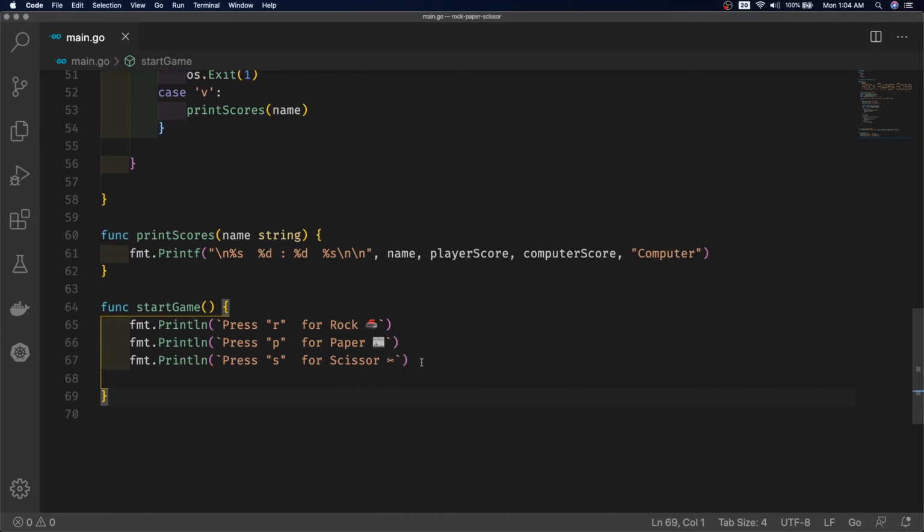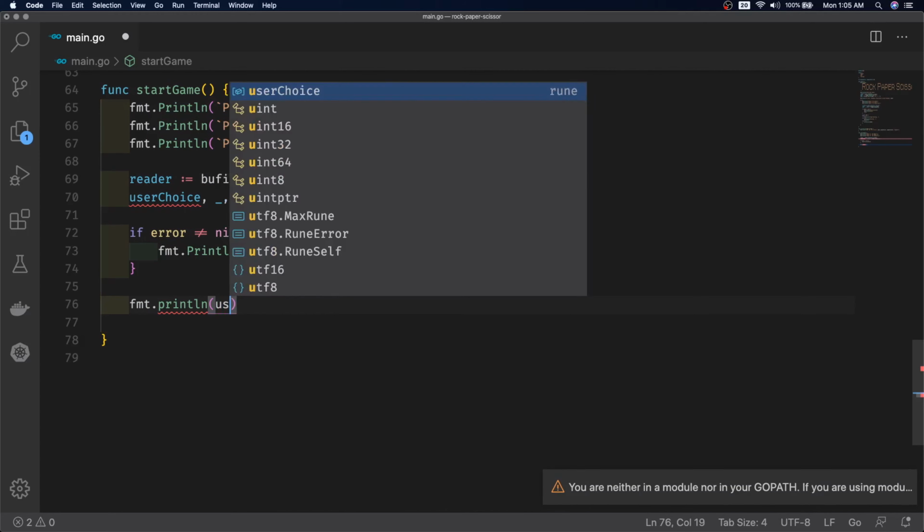We don't need any parameter for this for now. I just copy pasted some commands to save time, and as you can see, we can also use Unicode characters, so we can use emoticons also. And now we need to take the user input again, so I'm just copy pasting the same thing.